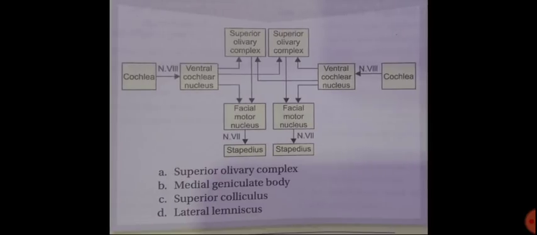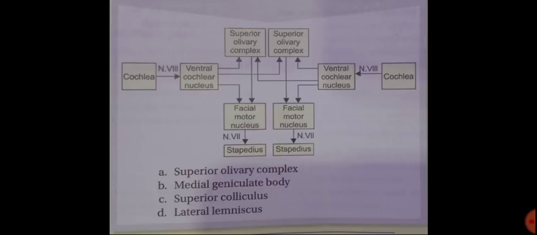Now this is something very conceptual the examiner is asking. They have asked which of the following is the center for the stapedial reflex. They are showing you the normal pathway of the stapedial reflex, and if you don't remember it in your exam, they have given you the flow chart. When you stimulate an ear with 70 to 100 decibels above the threshold of that ear, for protection the ear has a reflex called the stapedial reflex, where the stapedius tendon contracts and holds the ossicle. So basically ossicular fixation occurs.